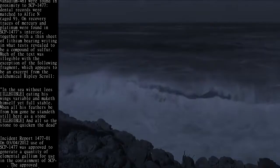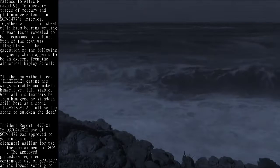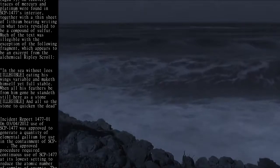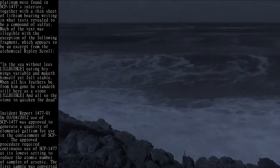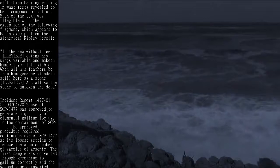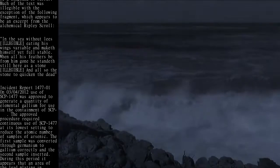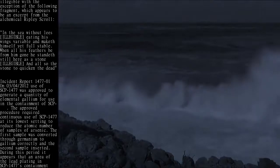Much of the text was illegible with the exception of the following fragment, which appears to be an excerpt from the alchemical Ripley scroll: "In the sea without lees illegible, eating his wings variable and make himself yet full stable. When all his feathers be from him gone, he standeth still here as a stone illegible, and also the stone to quicken the dead." Incident Report